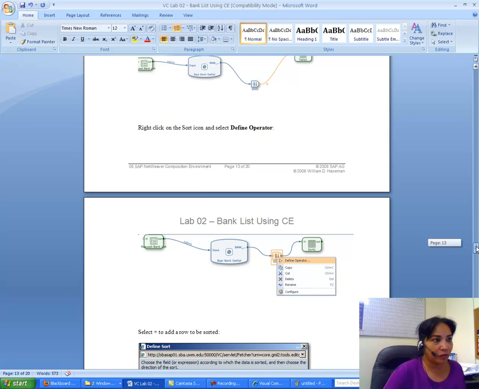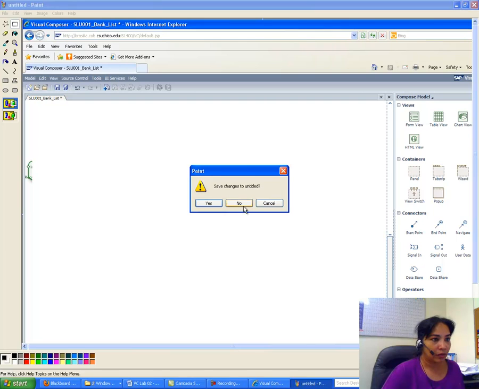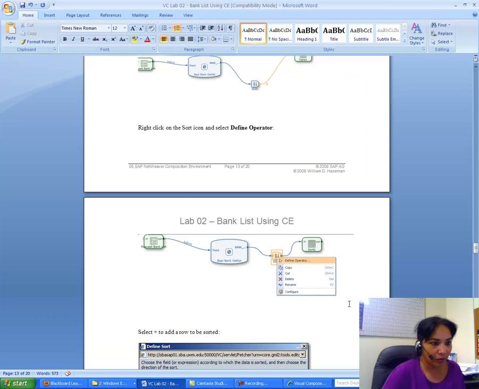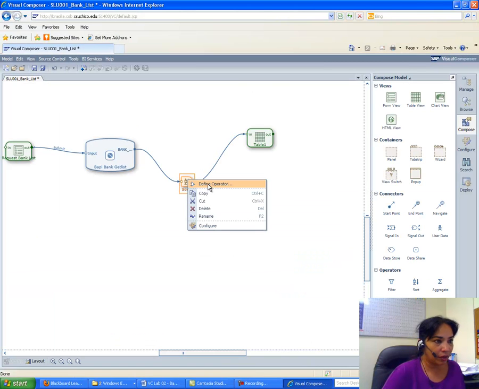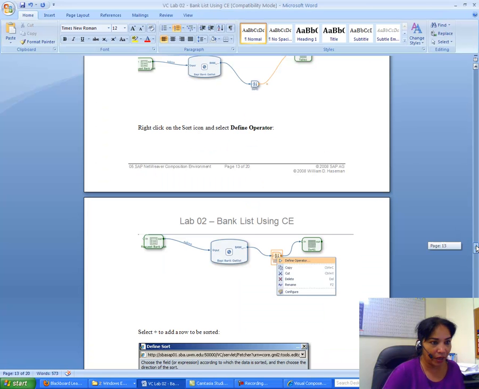Okay, so we then have to right click on the sort icon and we have to define operator. Okay, so I right click on the sort icon and I define operator. So I right click here, I define operator, and then I do add, and after I do add,